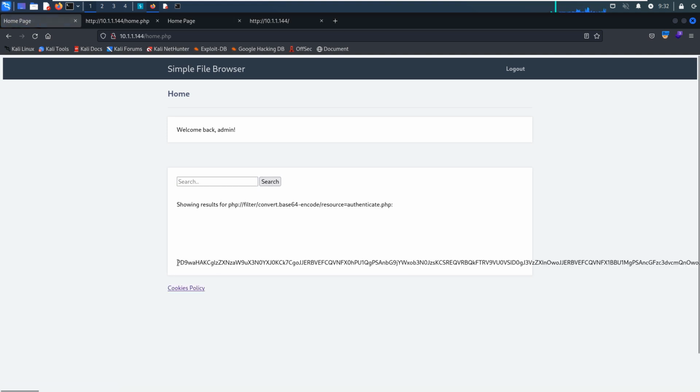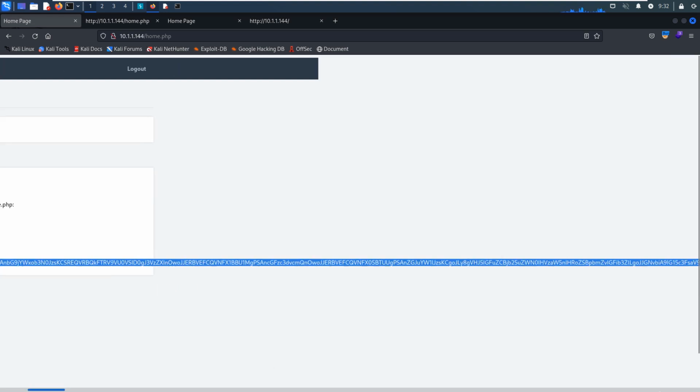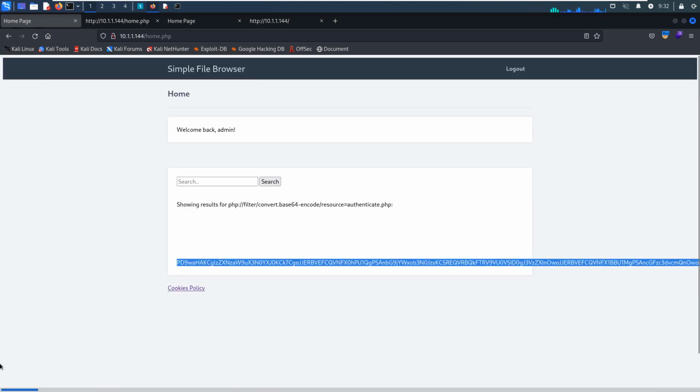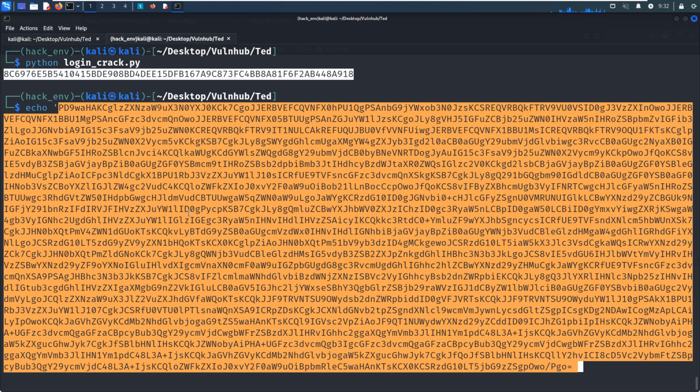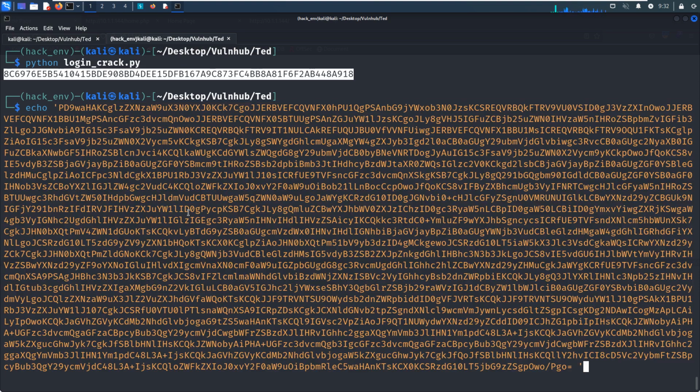As you can see, we got this result back from the target, and we can copy, and then we can decode, pipe to base64.